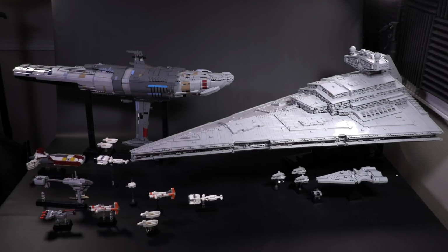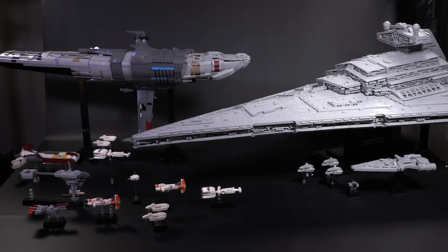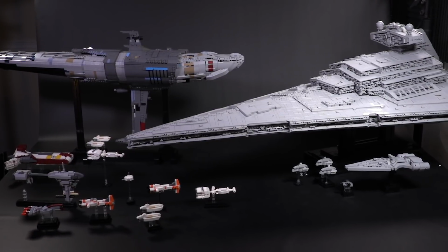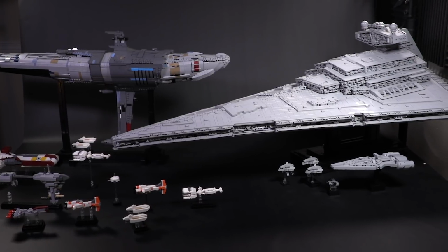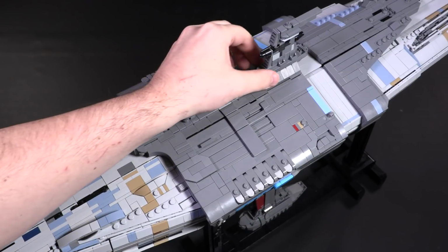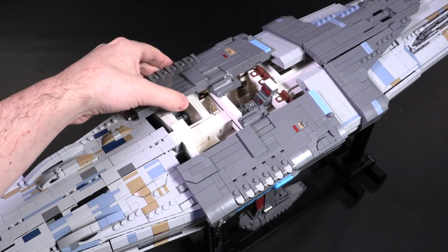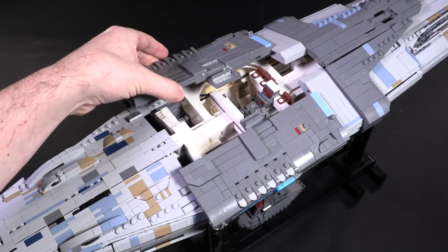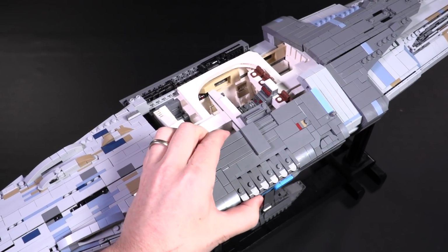They all do scale together, but that isn't actually the highlight for me. It's great that that works out, but it's the details, smartly complex construction, and interior that really bring this model home for me. Yes, this does have an interior. It's scaled for a few figs. That doesn't mean the model is minifig scale. This would need to be 28 meters long at minifig scale, but you can fit a few figs into control